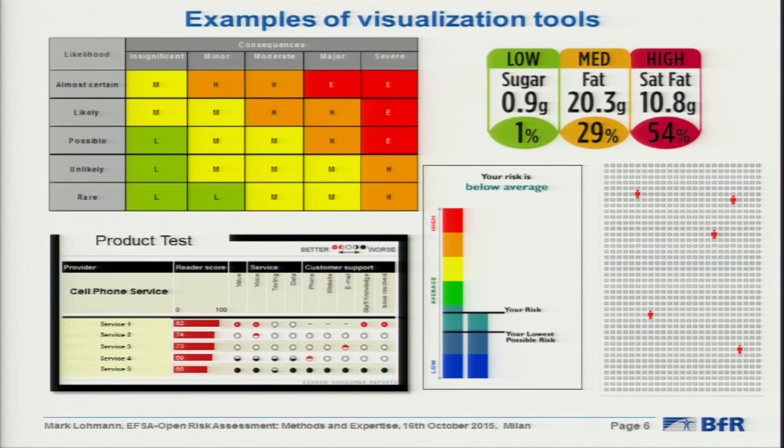Literature review reveals that there exist several visualization tools. A very common type is the so-called risk matrix, and this risk matrix defines various levels of risk by the product of likelihood and severity categories. It's a very simple mechanism to increase the visibility of a risk and to assist risk management decision making. However, it combines only 2 parameters, and this is absolutely insufficient to represent a whole degree of risk potential exhaustively.